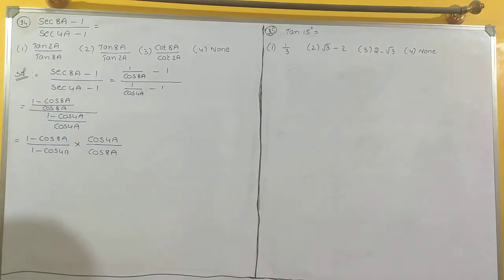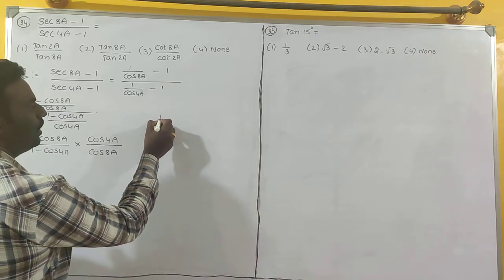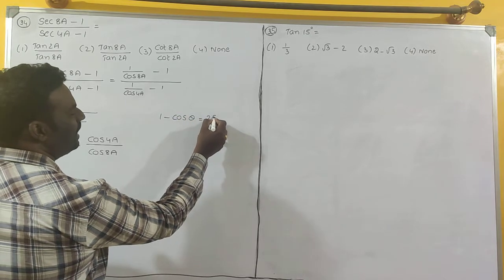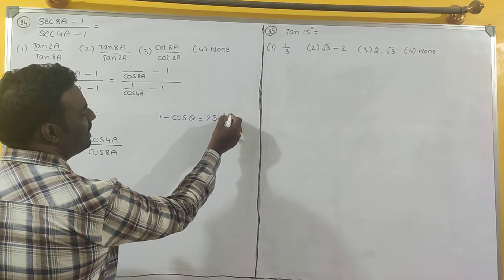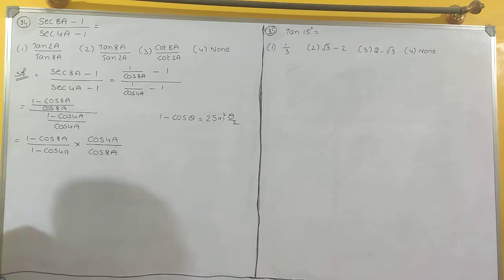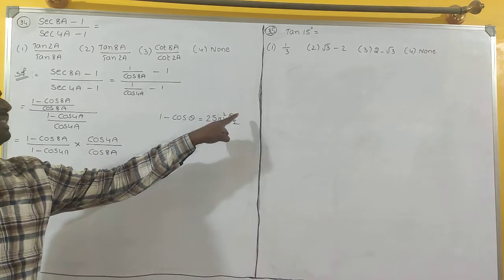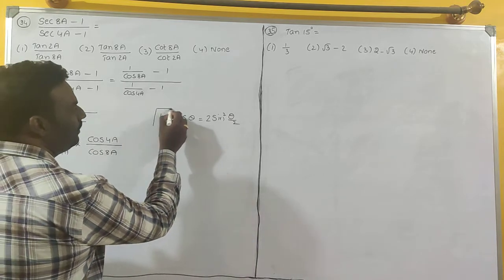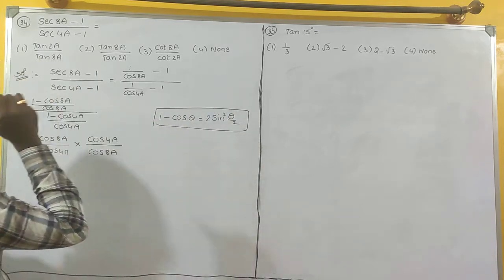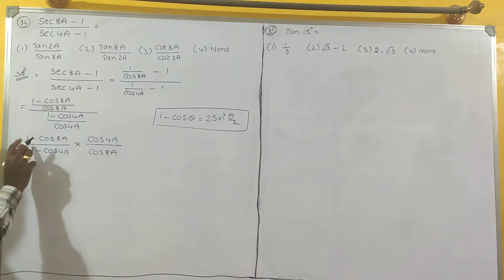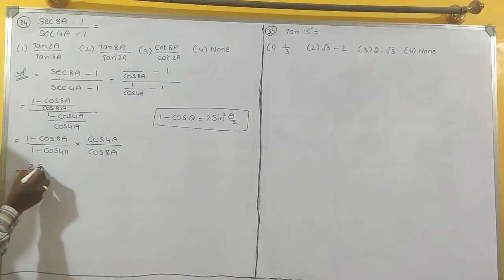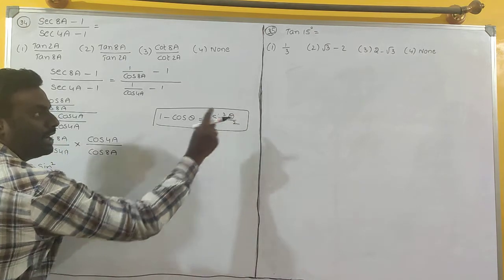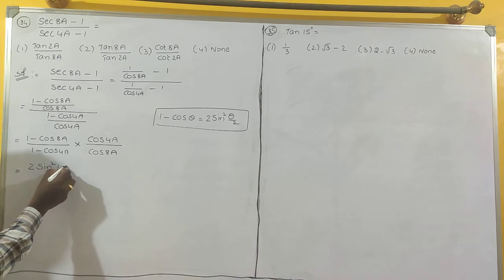Here I am using one formula: 1 minus cos theta can be written as 2 sin square theta by 2. Here the angle is theta by 2, that is nothing but half of the angle we need to take. Applying this formula, 1 minus cos 8a is 2 sin square 8a by 2, that is nothing but 4a,